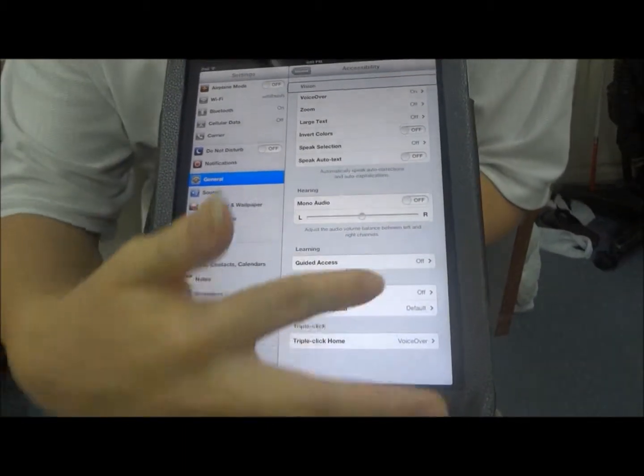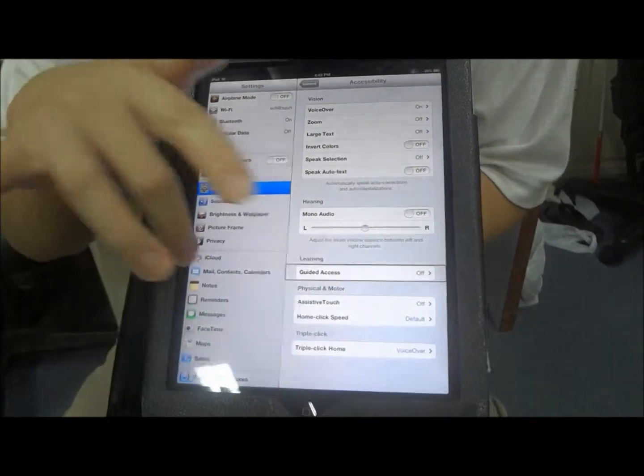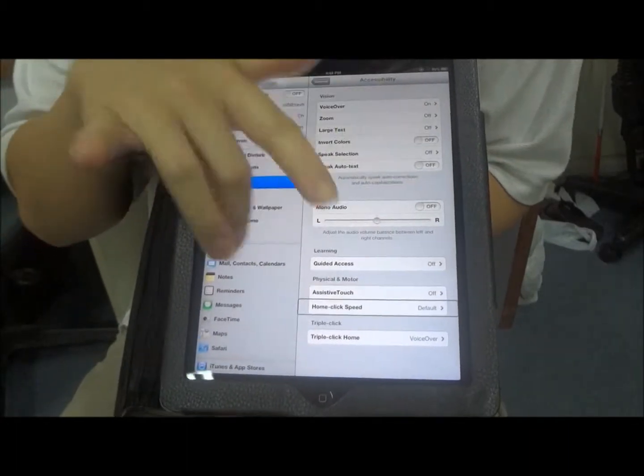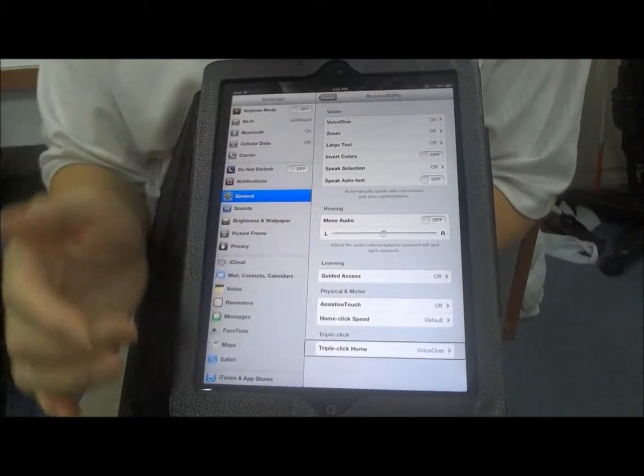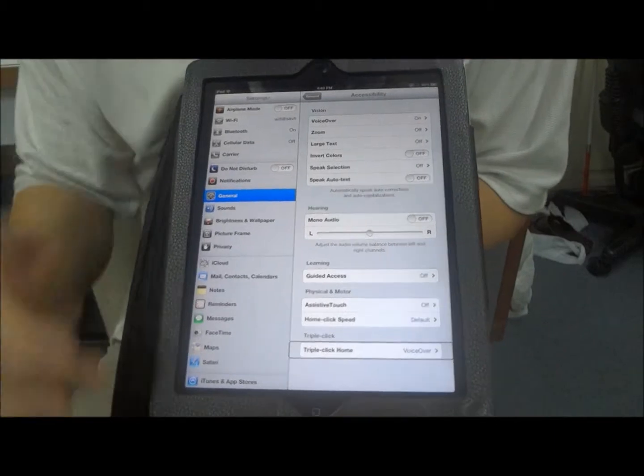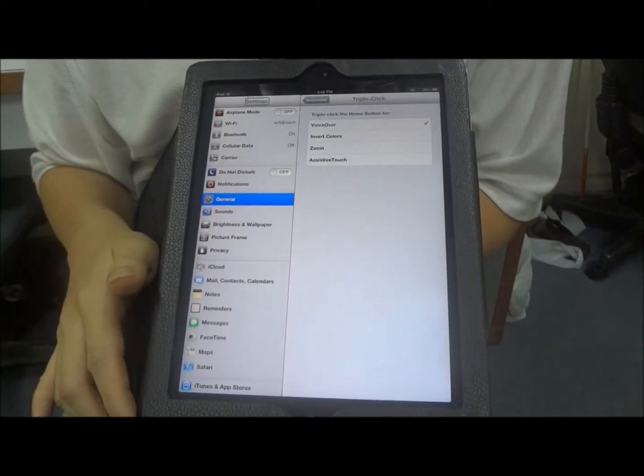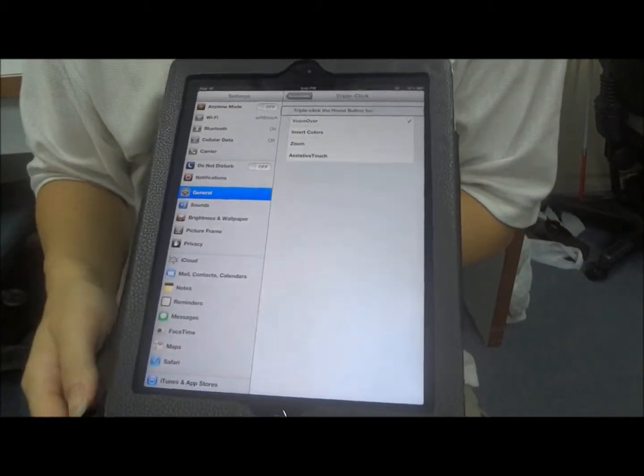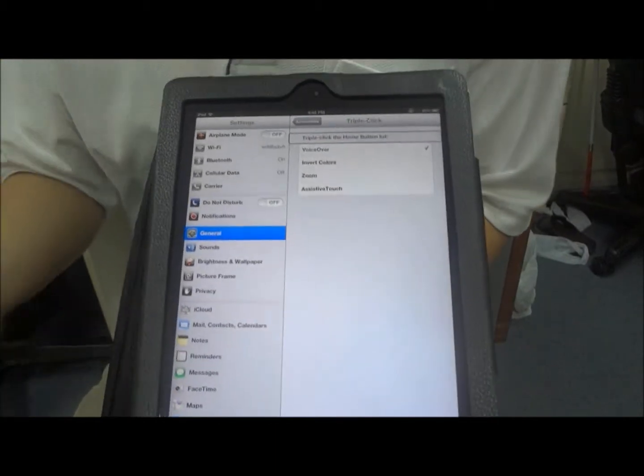But in addition, there's this extra feature at the bottom here. Guided Access. Physical and motor. Home click. Triple-click Home. This thing is called triple-click Home. Triple-click the Home button for this. The thing is, once VoiceOver is turned on, the